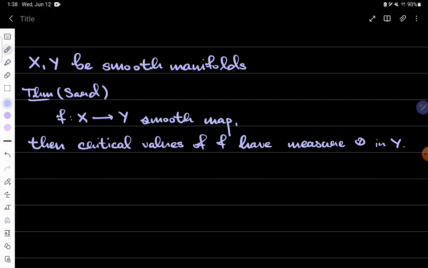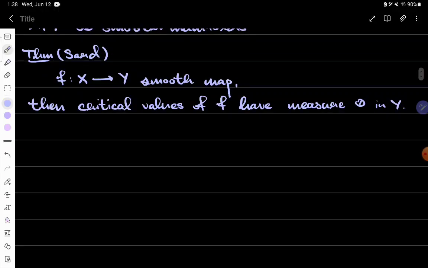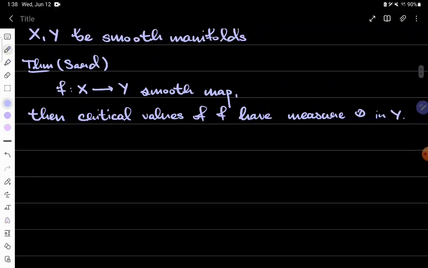So this shows that being a regular value, that is to say not a critical value, is a generic property. Most points in Y are not going to have the property that they're the image of a critical point, where the rank of the derivative, which is a map between the tangent spaces, is less than full rank. So it's usually going to be a regular value. This is something that operates in a high degree of generality. In fact, Smale proved a generalization of this to infinite dimensional Banach manifolds. So this is really a surprisingly strong and beautiful theorem that gets us quite far in the realm of manifolds.